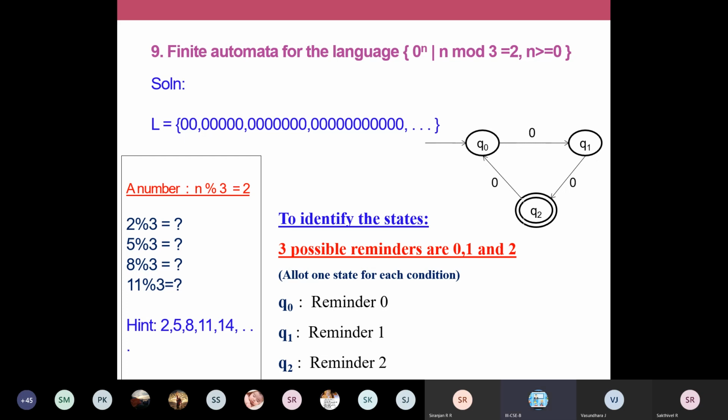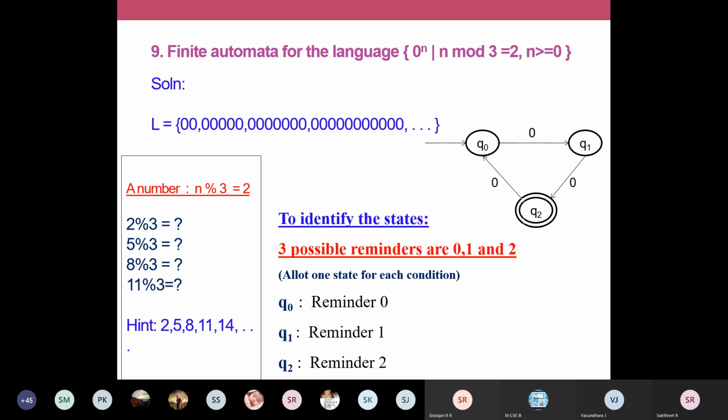So for example, 0 mod 3 is 0, 1 mod 3 is 1, 2 mod 3 is 2, 3 mod 3 is 0, 4 mod 3 is 1, 5 mod 3 is 2, once again 6 mod 3 is 0. So what you can observe here is, Sneha, 5 mod 3 is 2. Yes, those are the remainders. If you are analyzing, you will always have the numbers 0, 1 and 2. When you are dividing a number by 3, the remainder is always going to be 0, 1 or 2.